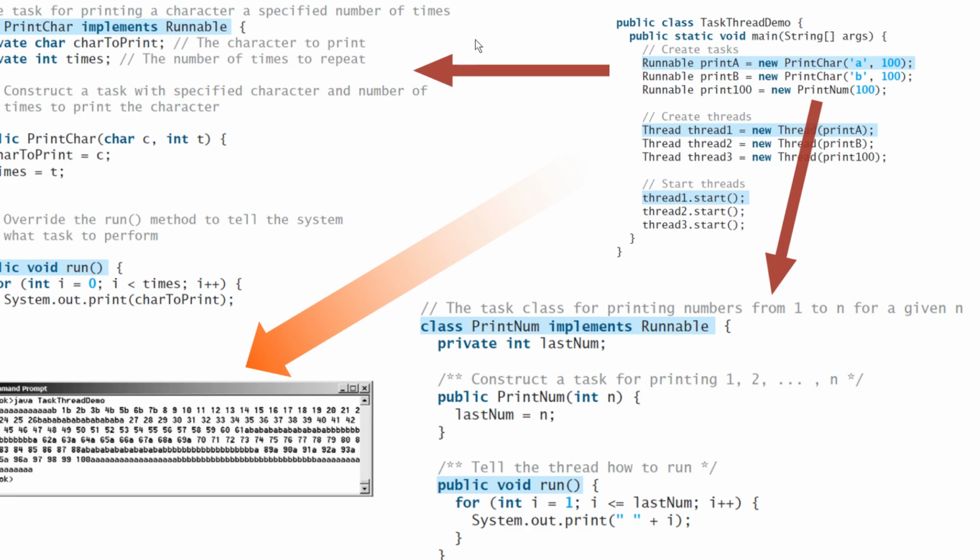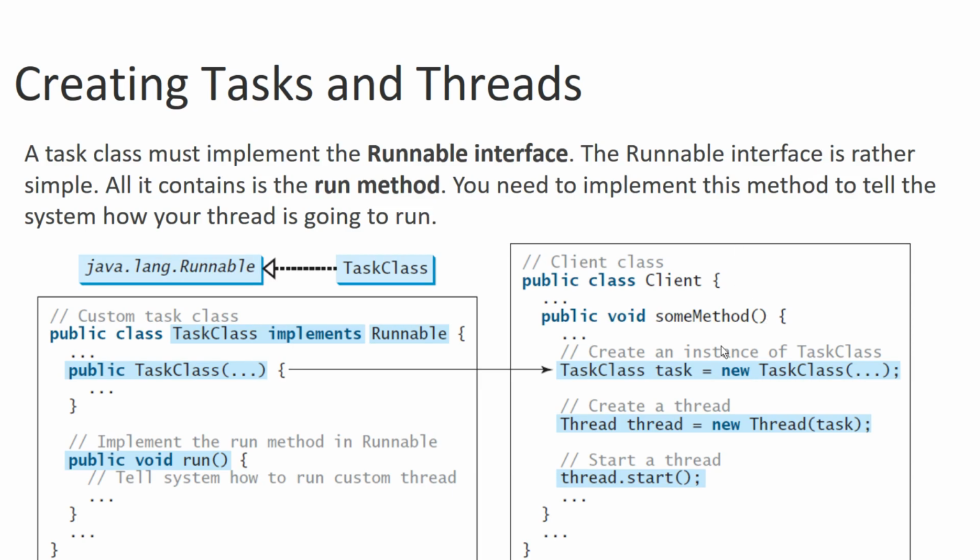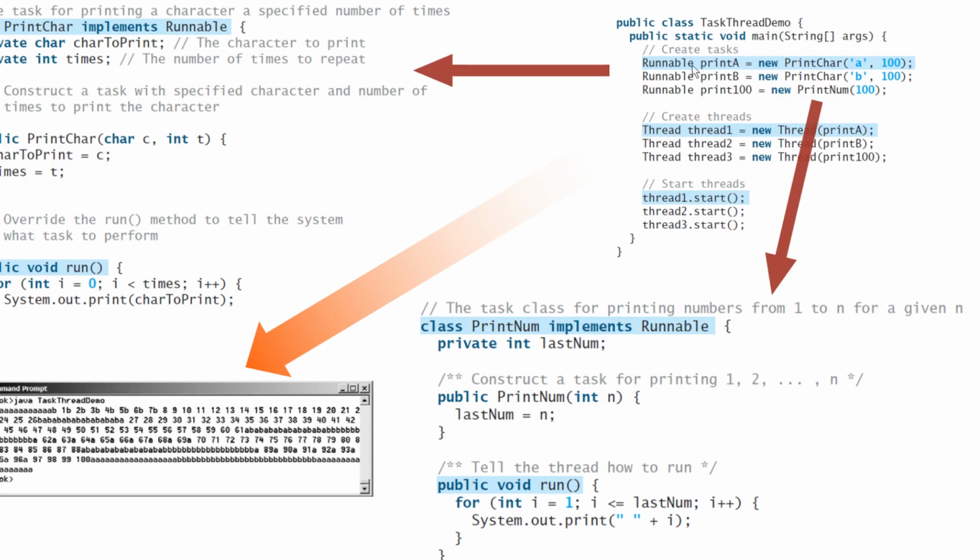See, basically the idea is a thread object needs a runnable object. You see here, for example, in the previous case also, the thread is going to need a runnable object. In this case, the task itself is a task class, and this is not a runnable object, this is a task class. So similarly here also you could have created a print character class, no problem, but this is an easier way to understand that the task needs a runnable object. That's why you have here print A, print B, print 100, all of them are runnable objects, and we are creating 3 threads with them, meaning we want to run them simultaneously at the same time,